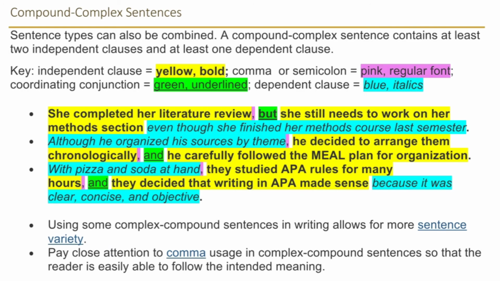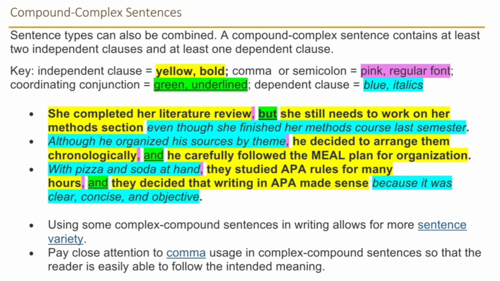The last structure is the compound-complex sentence. Sentence types can also be combined. A compound-complex sentence contains at least two independent clauses and at least one dependent clause. For the example, the independent clause is "She completed her review," and there is the conjunction "but,"